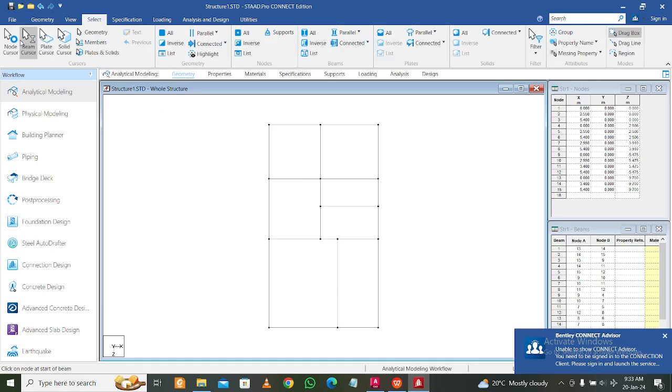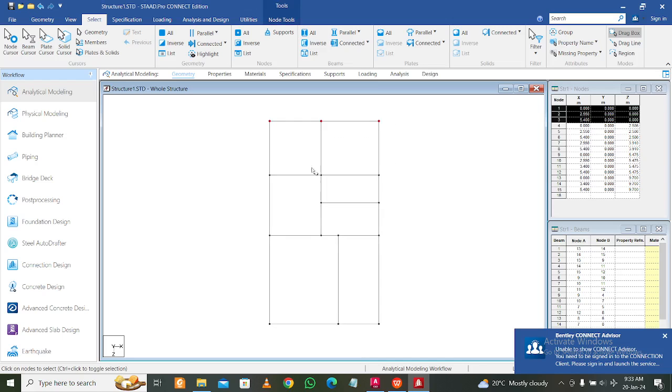So first of all go to select the node cursor, and first of all select this node. And then since we are selecting multiple nodes, press Ctrl and then select these nodes, and then we'll select this node because this has a column. We'll ignore this node because this doesn't have a column, and we'll select these 4 nodes. These are for the staircase and it has columns, and then this node. So all the nodes which have the columns are being selected, and then we'll go to geometry and use the